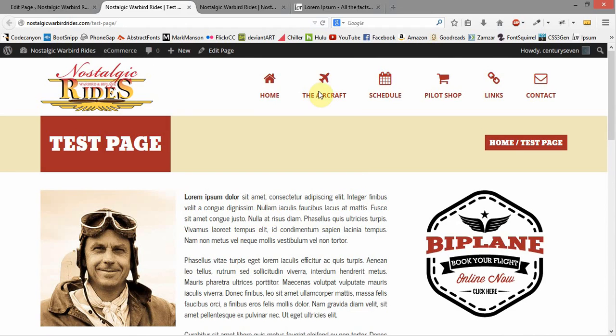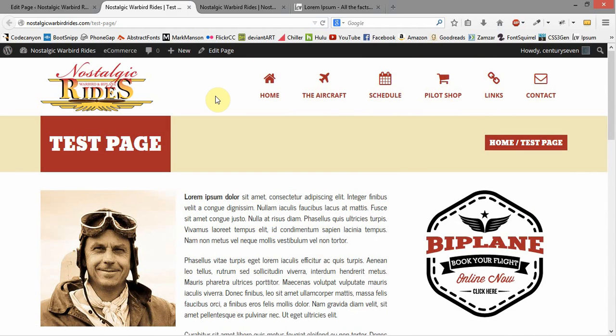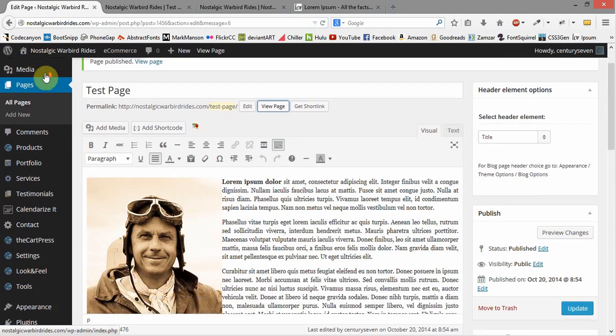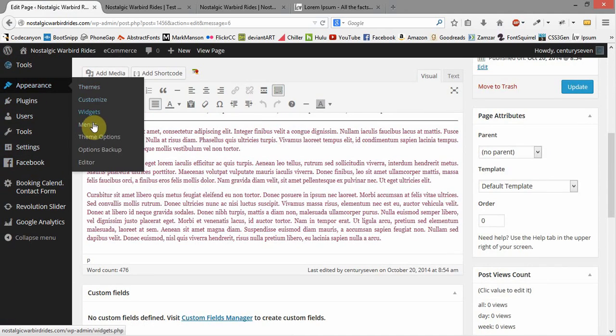Once you've got it in here, though, there's no way it's linked to up here, so we need to link to it. I'm going to go ahead and I want it to link directly underneath Home. I want it to come in as a submenu under Home. So I'm going to come back here into the dashboard, and I'm going to come down to Appearance and over